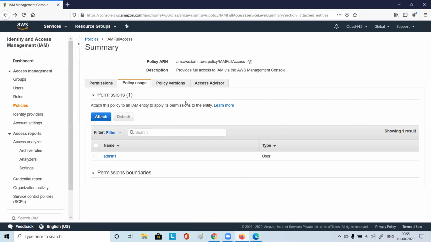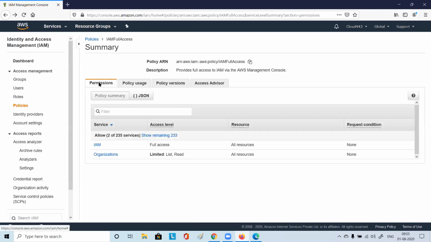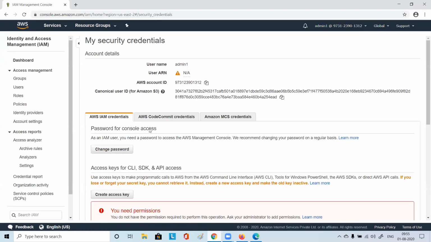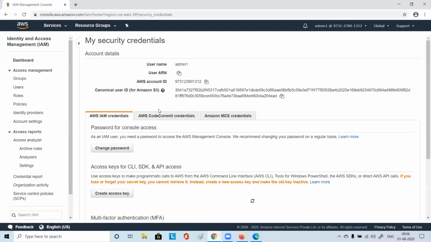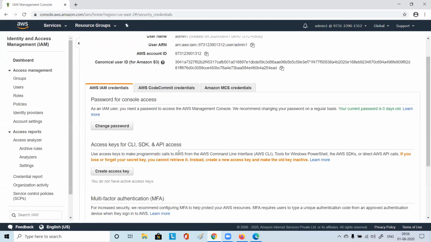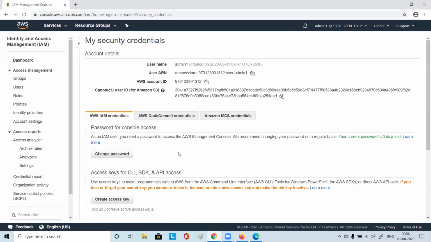Now after assigning this policy, this permission, here it shows full access. Now I go to the user and you just see, just refresh. Now you see those warnings have gone, right?